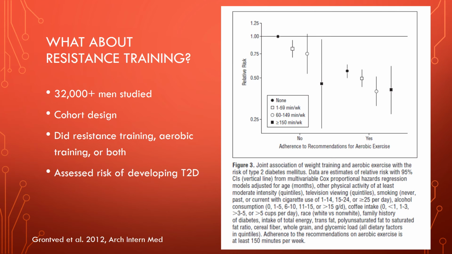If you look at the group that gets the recommended resistance training and aerobic training, their relative risk is about the same. So this group gets aerobic exercise but does no resistance training. So this is kind of interesting. It's actually better to do, in terms of diabetes risk, according to this study, meeting the recommendations for resistance training only lowers your risk more than meeting the recommendations for aerobic exercise only, which is really interesting.